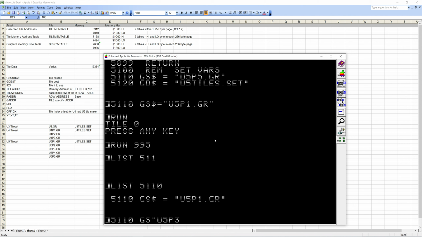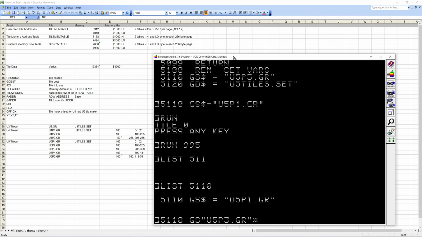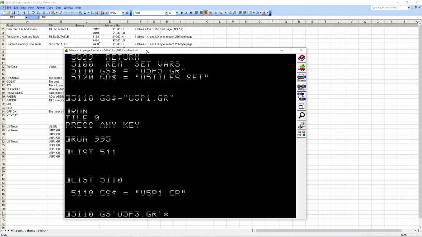So we'll go to P3, since this is the end of, let's see here. Yeah. P3 represents tiles 206 to 308. So this will show us where that overlap is. Oh, I did that wrong, didn't I? String equals